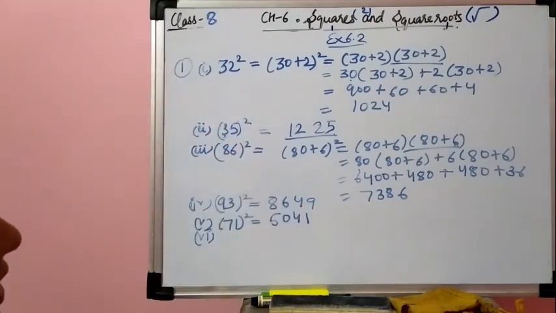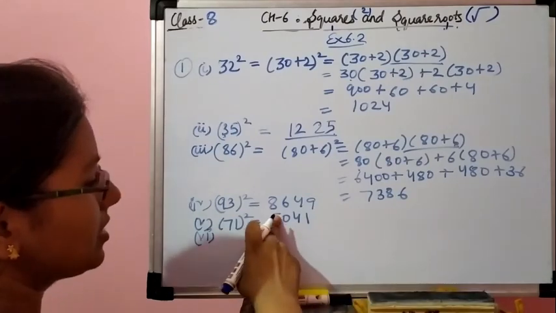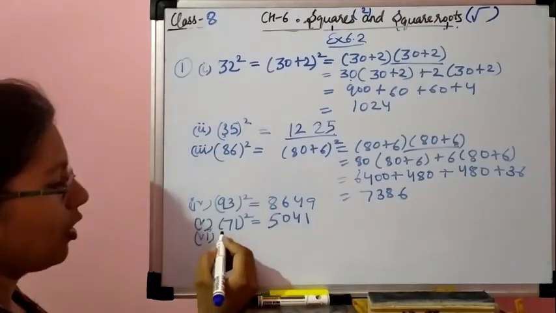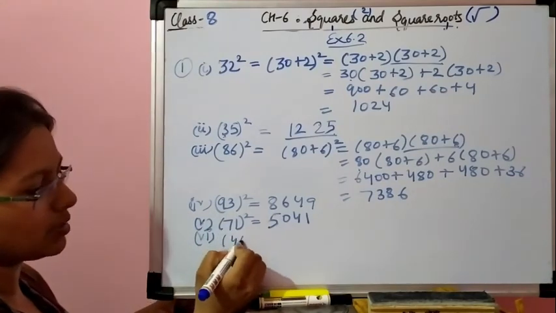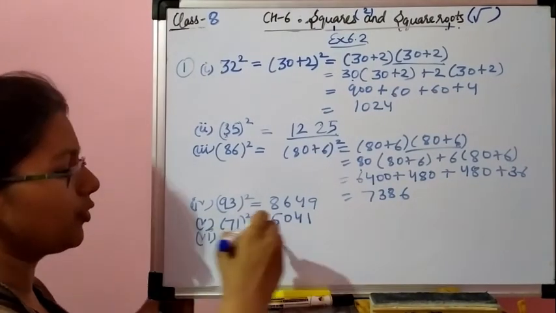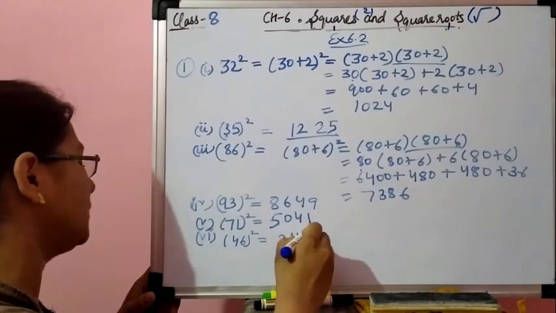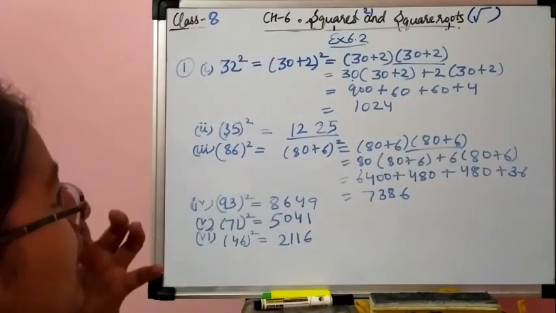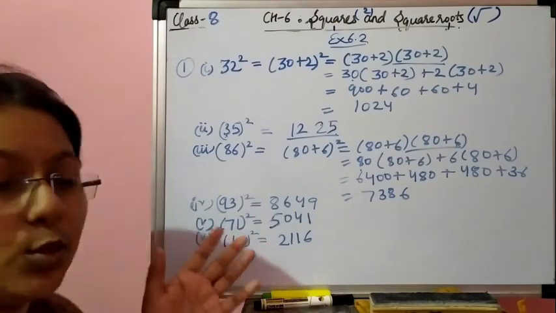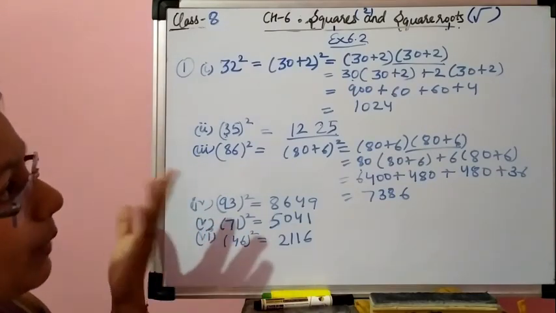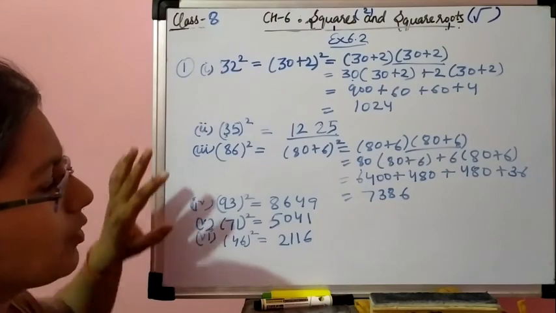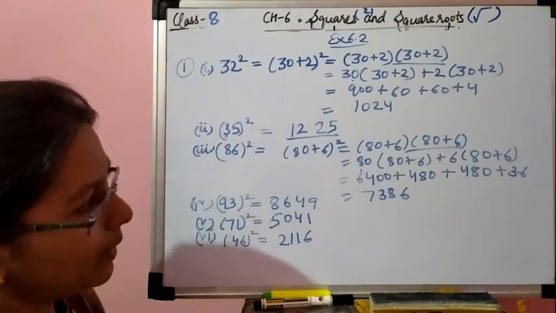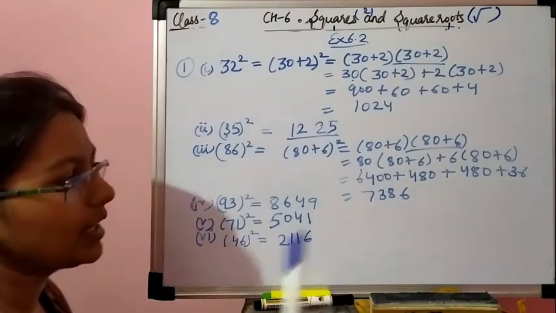All are same, that's why I am not doing it. This is simple calculation, multiplication and addition which you can do. For sixth part it is 46 square, and the answer for this will be 2116. So in this way you all can complete your exercise 6.2. It was having only 2 questions. One was regarding Pythagorean triplet and other was regarding finding squares without doing actual multiplication. So you all can complete exercise 6.2 in your notebook.